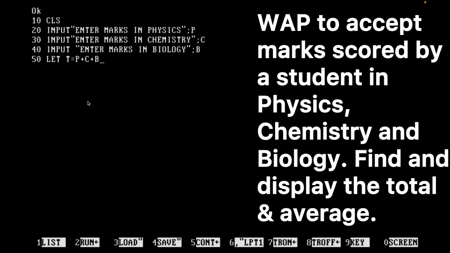Then press enter. Line number 60. Here the question says calculate sum and average. So for average also we need to calculate. We will take A for average. A is equal to, either we can do T divided by total number of subjects, 1, 2, 3. So you write 3, or you can do this also, open bracket P plus C plus B, close bracket, and then